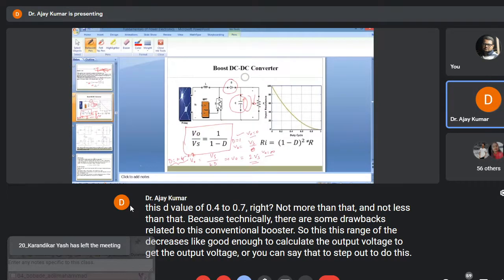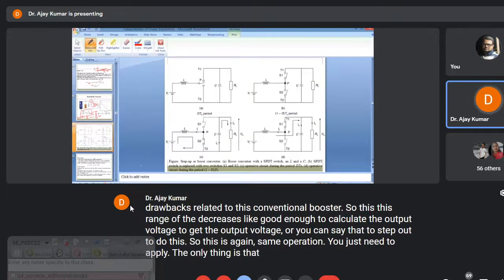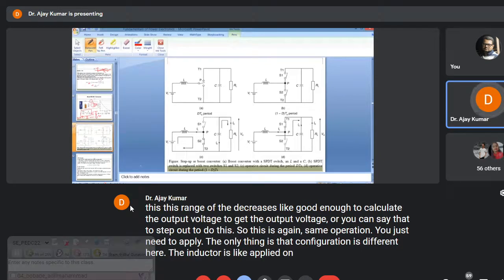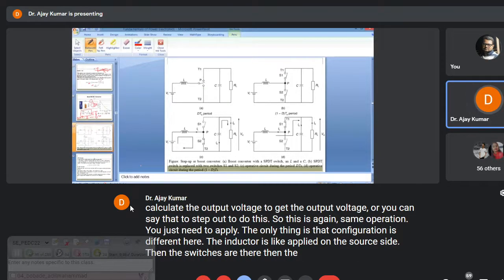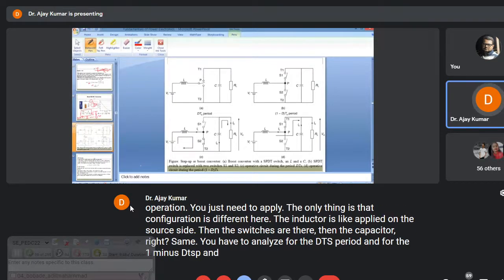So this is again the same operation, you just need to apply it. The only thing is that the configuration is different. Here the inductor is applied on the source side, then the switches are there, then the capacitor, right? Same, you have to analyze for the DTS period and for the 1 minus DTS period. And I am again telling you why I am analyzing these two things,